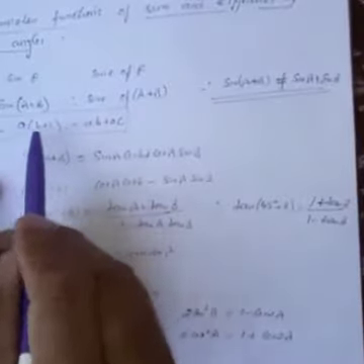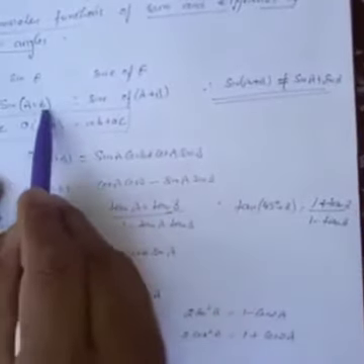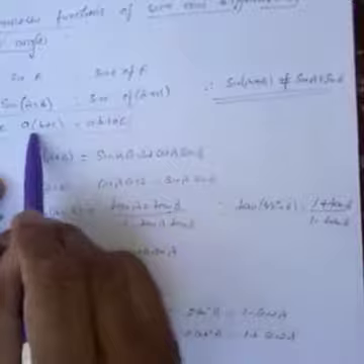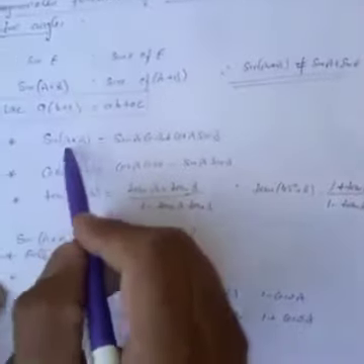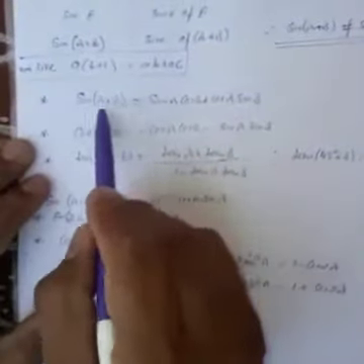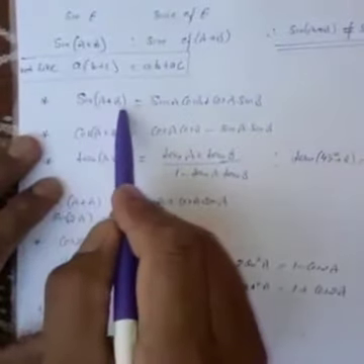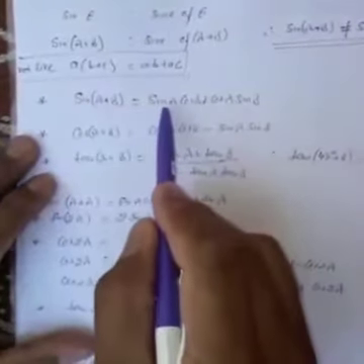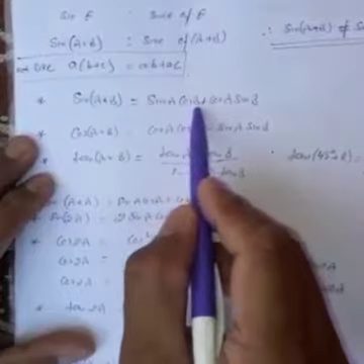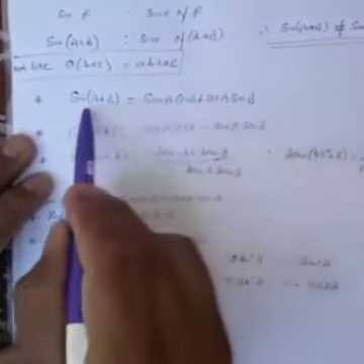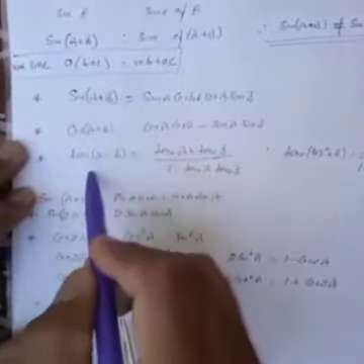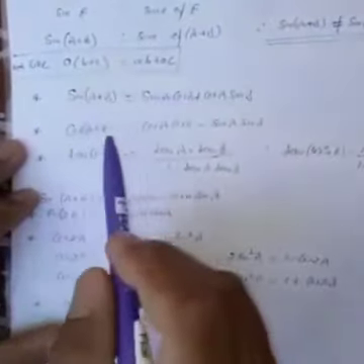A into B plus C, this is multiplication. This is not multiplication. So A into B plus C may be equal to this, but this is not equal. So remember, we have separate results for the sum of angles. Sine of A plus B will be equal to sine A into cos B plus cos A into sine B. So this is the first formula, and we have these three results in this series.